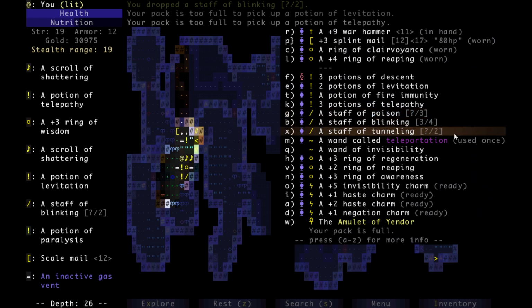Blinking, we already talked about. Tunneling. So tunneling, it's pretty nice for just creating new paths for you. We can recharge it pretty often with reaping, which is nice. But in particular, tunneling allows you to zap yourself with staves or wands, and we'll probably definitely demonstrate that. Basically, if you have a...